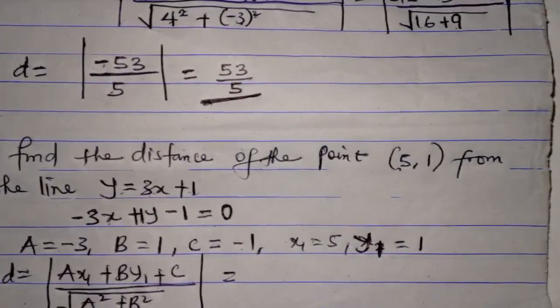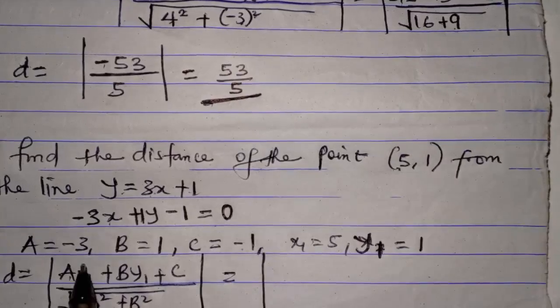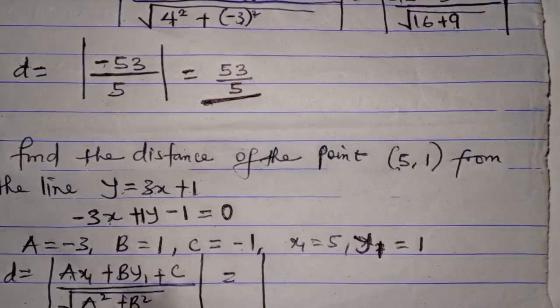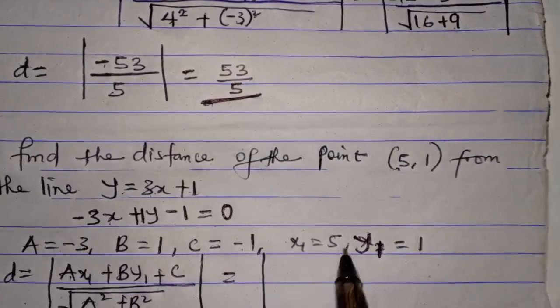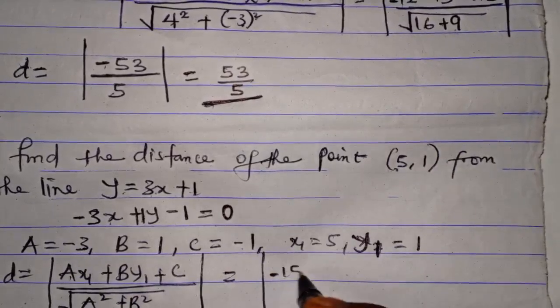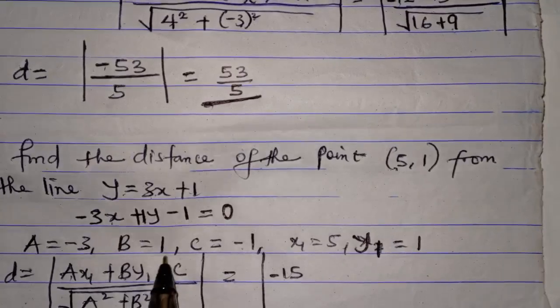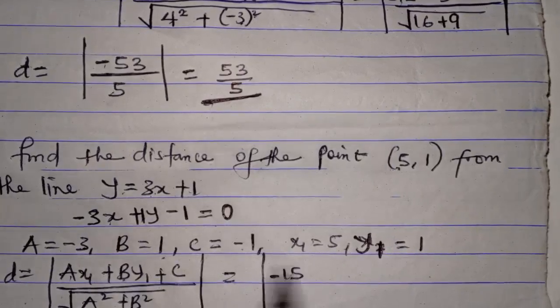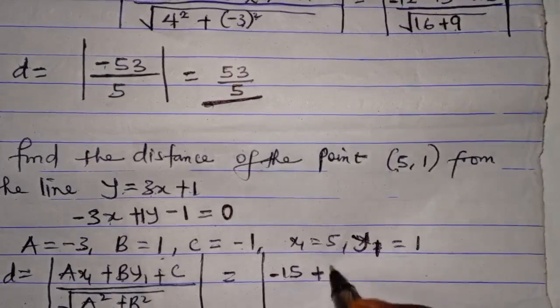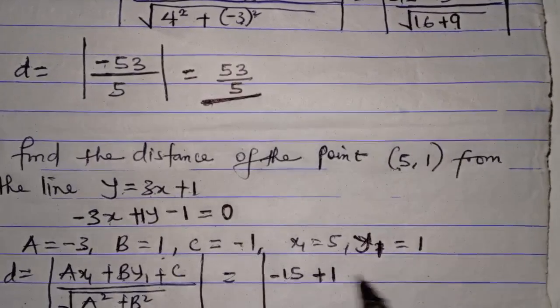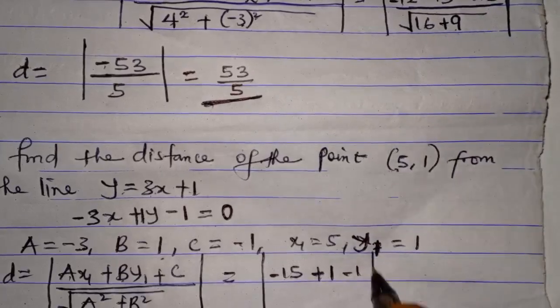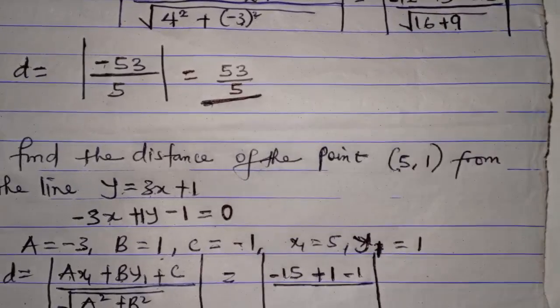So a is minus 3 and x1 is 5, so minus 3 times 5 is minus 15. b is 1, y1 is 1, so 1 times 1 is 1. And c is minus 1, divided by